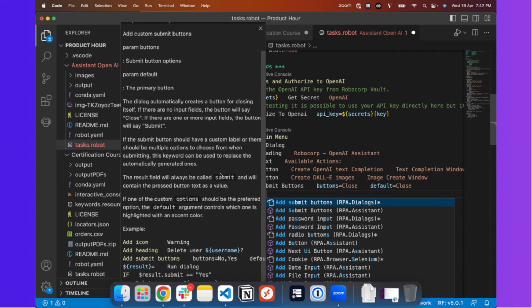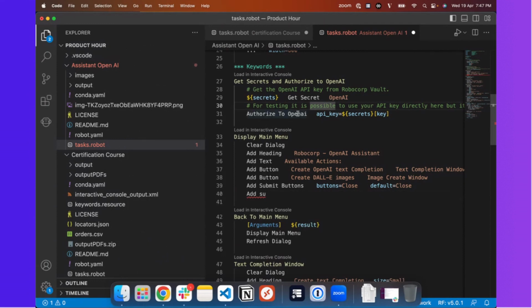So you need not actually go out of your Visual Studio Code to understand the documentation. While there is very detailed documentation on robocorp.com/docs, everything is embedded inside the code, and then you can complete that quite easily. I will show you a few more things maybe later, but we have a guest joining us.